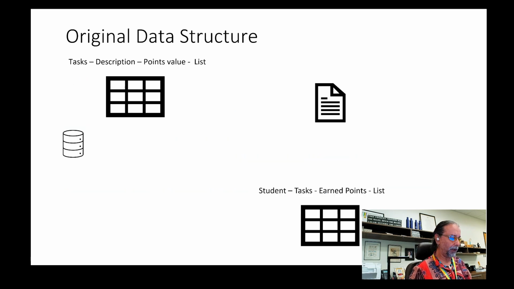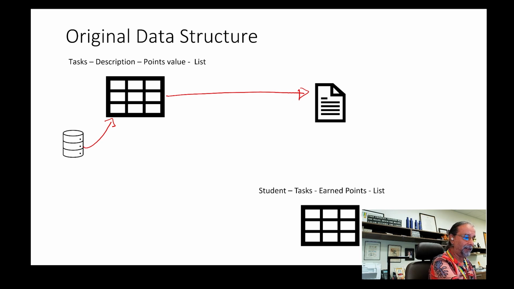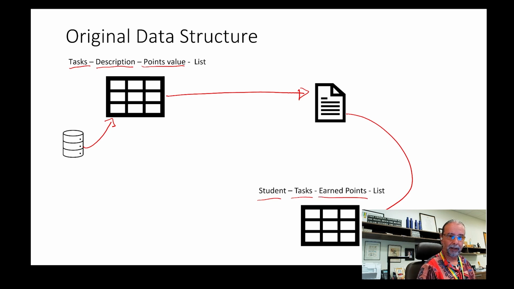So in the original structure, the one I showed you the example for, we have two data sources. One source that the students interact with via a form is a SharePoint list that contains the tasks, their descriptions, and their point value. And the students use a form to submit evidence that they have completed their work, and that gets written to another data source, which contains the student name, the task, and the earned points